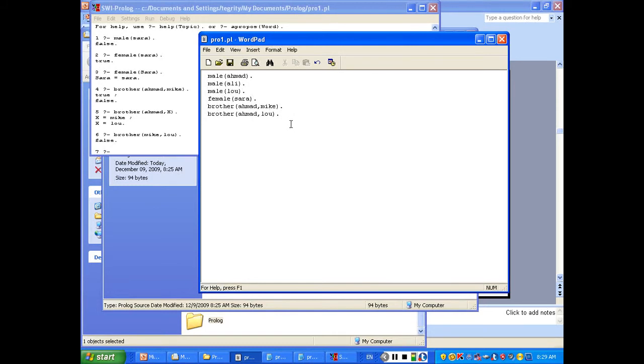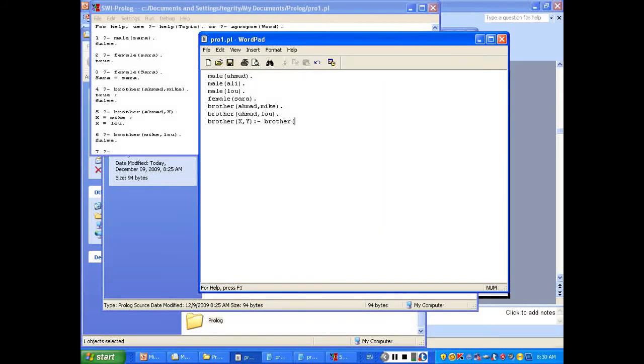You have to help the software to conclude this information. But how can I conclude this information? It means I have to write a rule. And the rule basically we have to write in a way that is going to conclude that Mike and Lou are brothers. So I'm going to say that brother X, variable X is a brother of variable Y if brother,